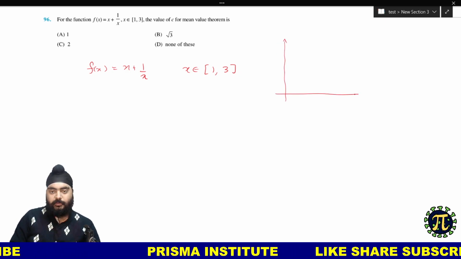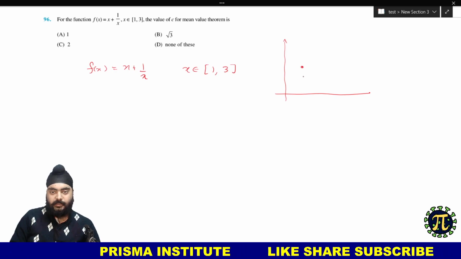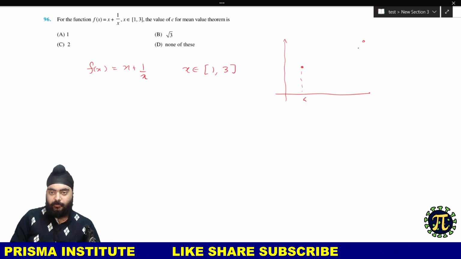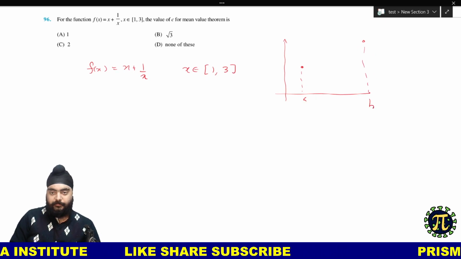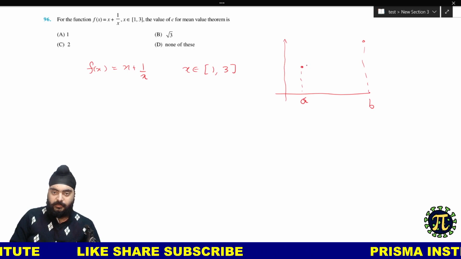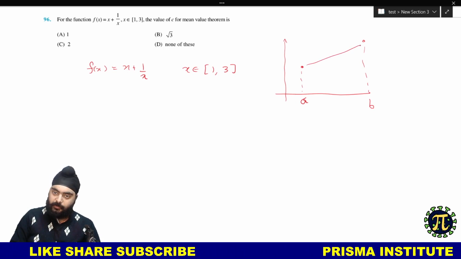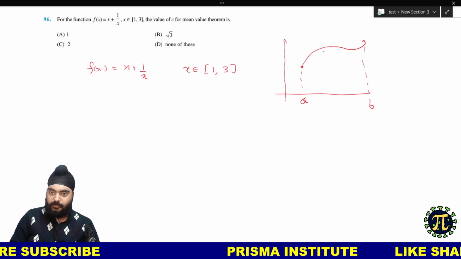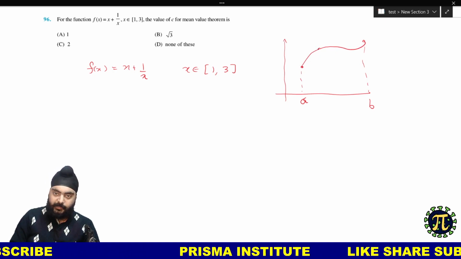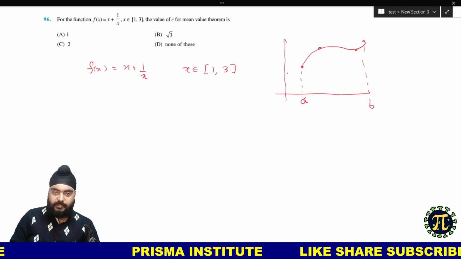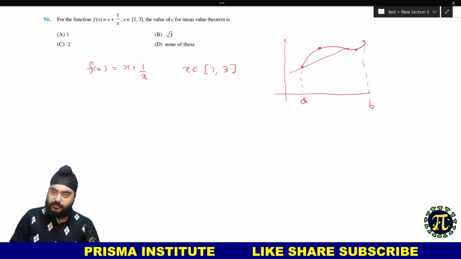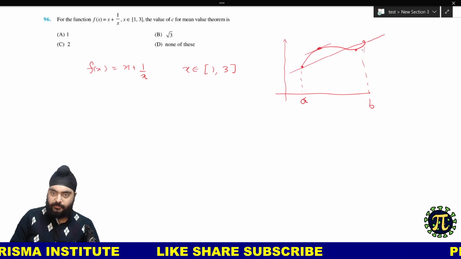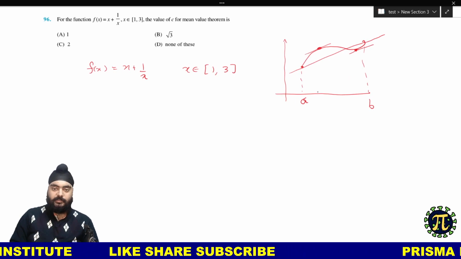So mean value theorem says कि even if let's say फंक्शन की वैल्यू दो पॉइंट्स पे अलग अलग है, let's say a and b, right? ठीक है, a पे ये वैल्यू है, b पे ये वैल्यू है, and if function is continuous between a to b then there will be at least one point. So let's say हमारा function is this function, ठीक है, and it says कि there will be at least one point, let's say this point and this point, जहाँ पे function की slope कितना होगा, it will be same as the slope of the line joining this a b, right? For example here this will be parallel to this, for example here this will be parallel to this. So what we can do,